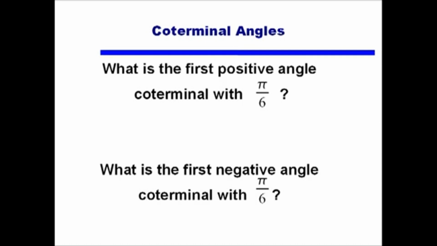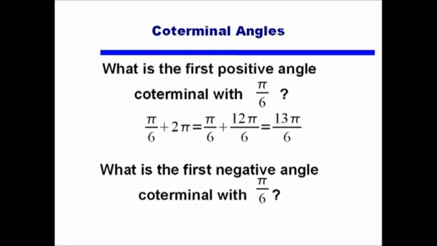Well, what we did before was to find the first positive angle, we took our angle and added a complete rotation. We added 360 degrees. Well, this time we'll be adding 2 pi. Again, we can't just add those two numbers. We need to find a common denominator. And once we do that, we find that the first positive angle coterminal with pi over 6 is 13 pi